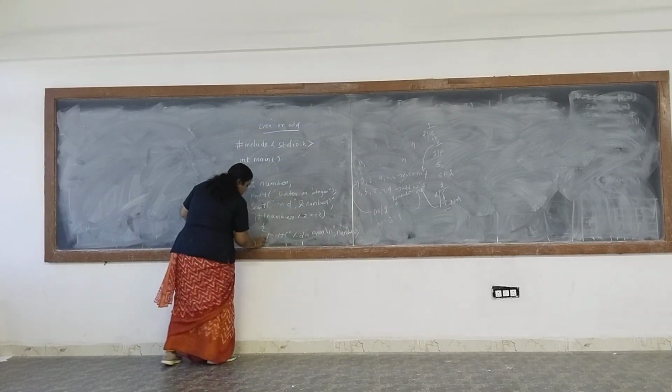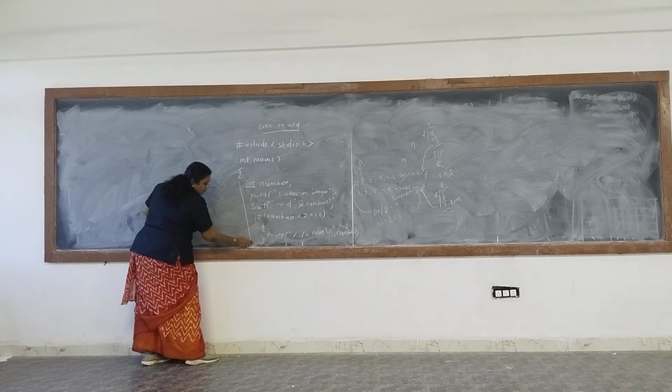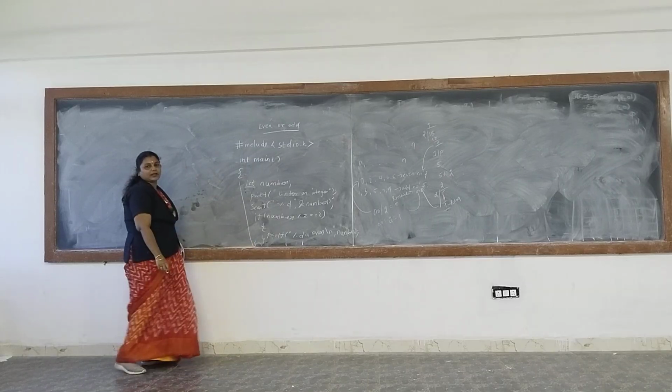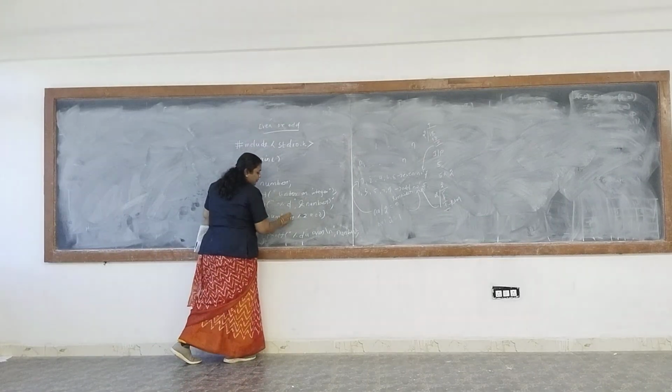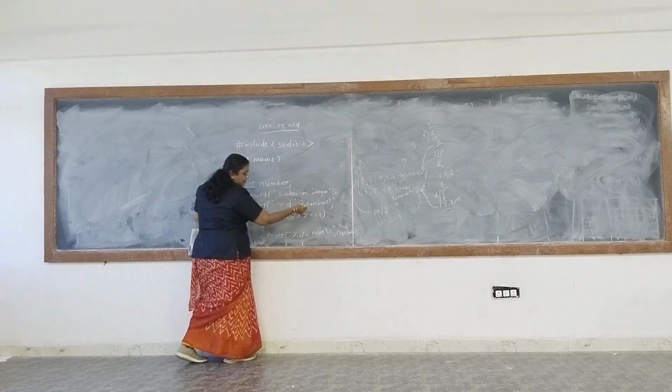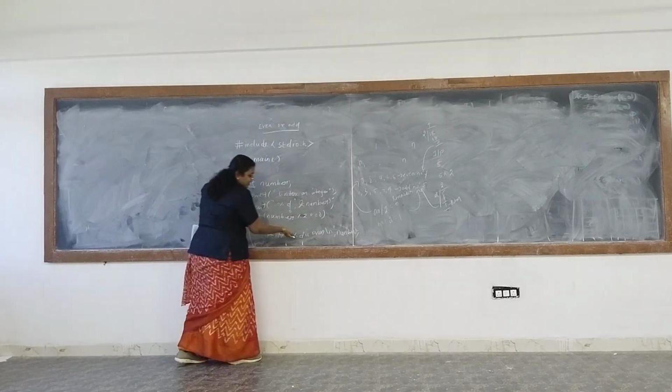So you have to close the if as well as you have to close the main function. Clear? This program is clear? So suppose you give the input as 6, divided by 2 will get the remainder as 0. You will get the output